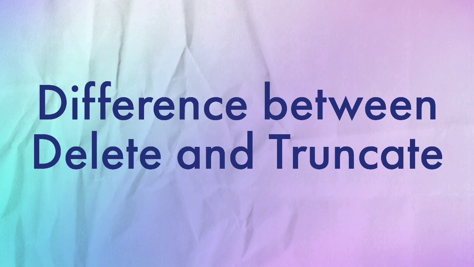And the last question was the difference between delete and truncate. The major difference is that in delete we can add a where condition to delete partial records, while truncate will delete all of the records. The second difference is that delete locks only a single row at a time, but truncate locks the entire table and then deletes all of the rows. And the third difference is that delete is a little bit slow as compared to truncate.